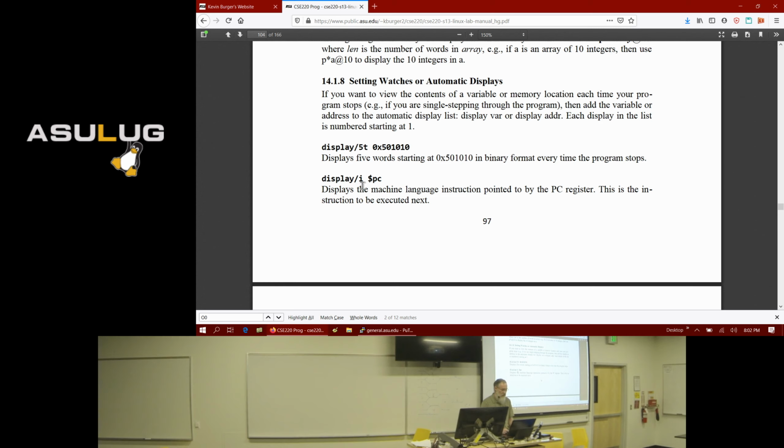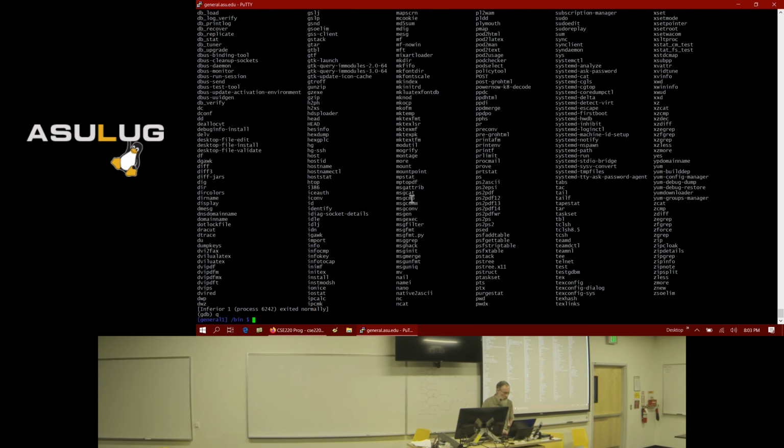If you do display /i $PC, then the PC register, and you'll learn this in E230, PC stands for program counter. Every microprocessor has a register like this. The program counter register always stores the address of the instruction that's going to be executed next. So if you're debugging assembly language code,